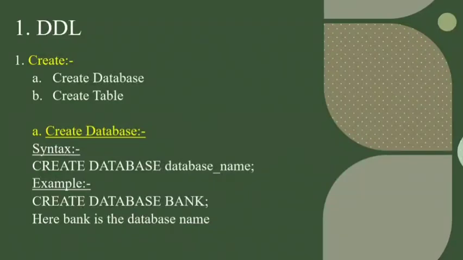Suppose we have nothing, we need to create the database, right? First we need to create the database. Since it is a relational database, we need to create tables to store the data. Under this create command we have two things: we can create the database, or we can use the create command to create the table as well. The next question is how to create the database. For every command we have syntaxes. We should follow that syntax and create the databases or tables. First I have mentioned create database.